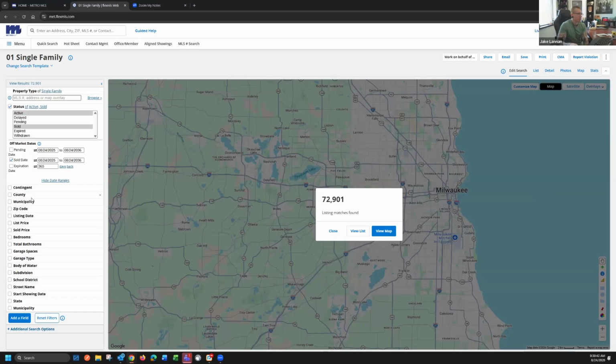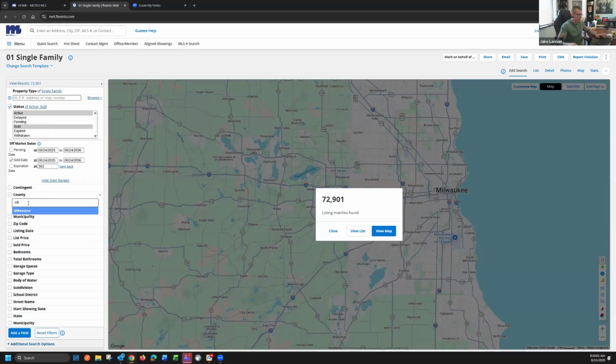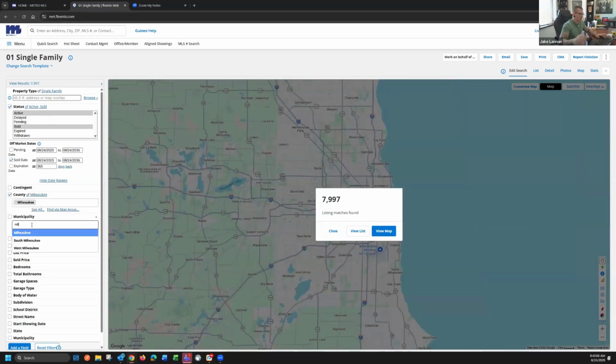And then same as how you were performing searches before, plug in your county, plug in your municipality. Maybe you'll find yourself doing more of a radius around your subject property to see what other listings like it have sold in that area. But just for general purposes, make sure you get the area as honed in as you can. So I'll use Milwaukee for this example. Maybe the property I'm selling is within South Milwaukee